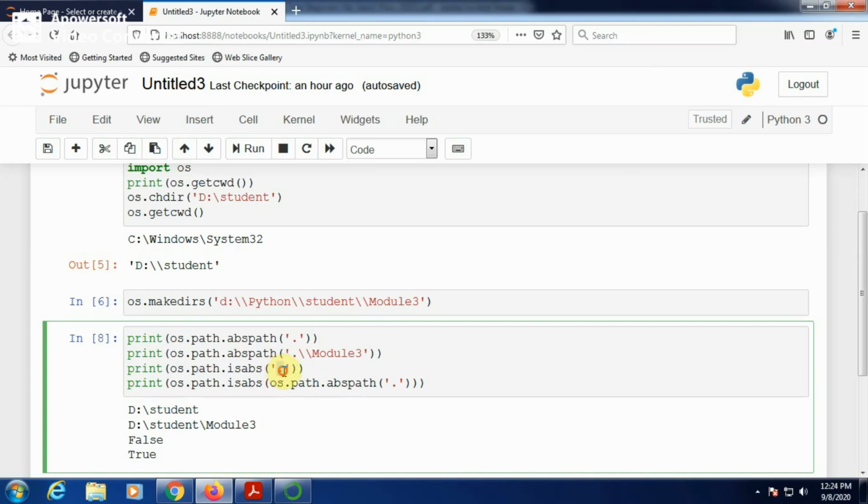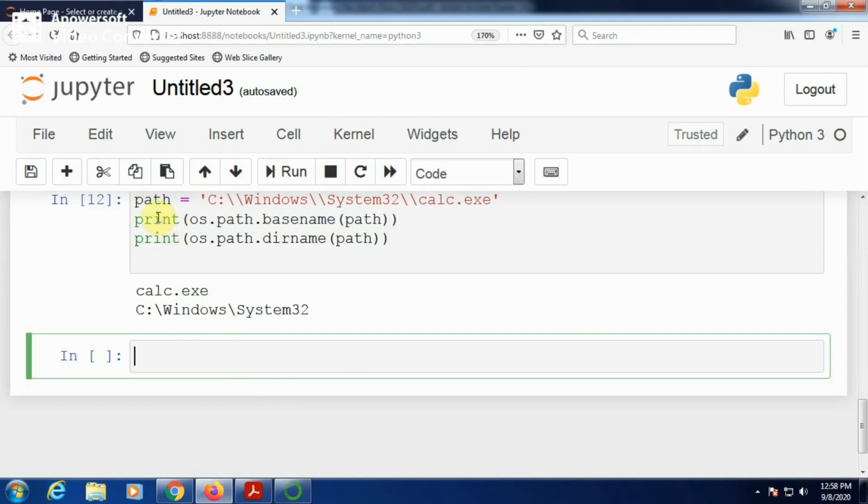You are checking the current working directory's path with the dot, that is from the current path. In this case it is not an absolute path, it is a relative path, because dot is for relative path. But if you give the same command with abspath, it returns the absolute path of the current working directory. It is definitely an absolute path. Therefore isabs of this absolute path gives true, indicating this is the absolute path.